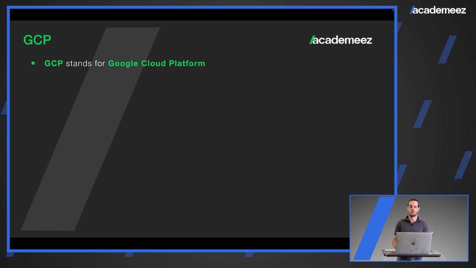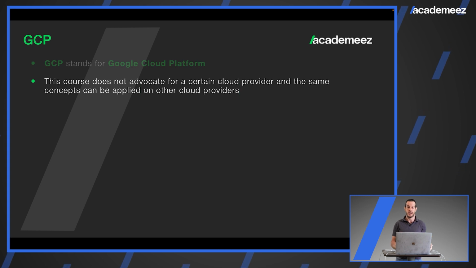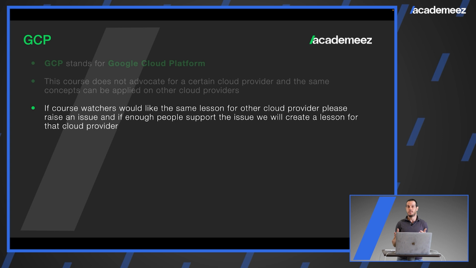So GCP stands for Google Cloud Platform. As we said, we're not advocating for any cloud provider. Basically, we use GCP, and we're using open source technology in Academies in general. But we do not say that Google Cloud is better than AWS or Azure. If watchers of this course want to see the same example in a different cloud provider, we'll do the same lesson in a different cloud provider